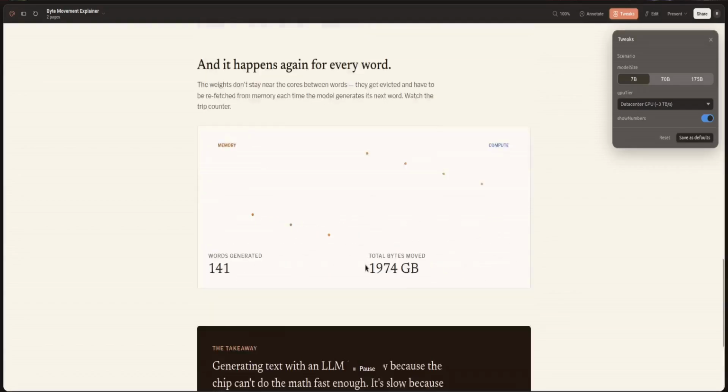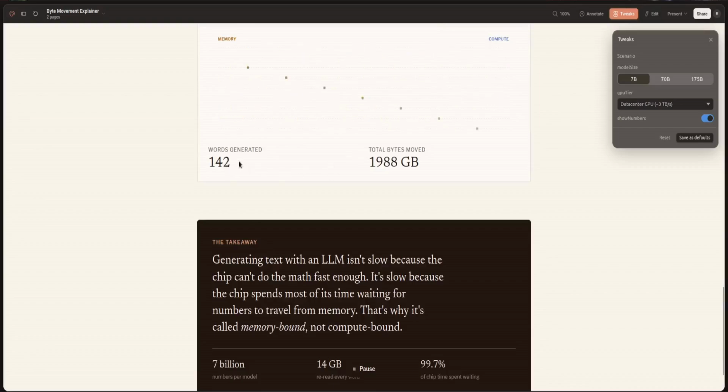So it takes a lot. For example, look at this. With every generation of a word, how many bytes it needs to move from memory to the computation unit. It's a lot. So you can imagine that if you increase the size of the model, like here it's 175 billion,